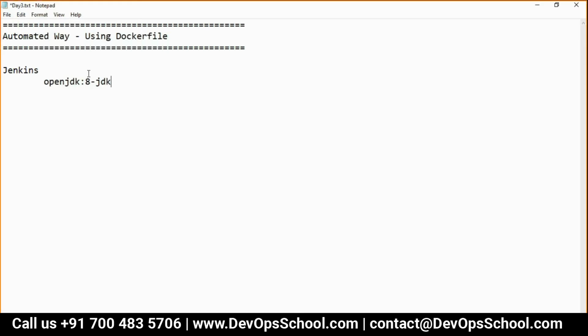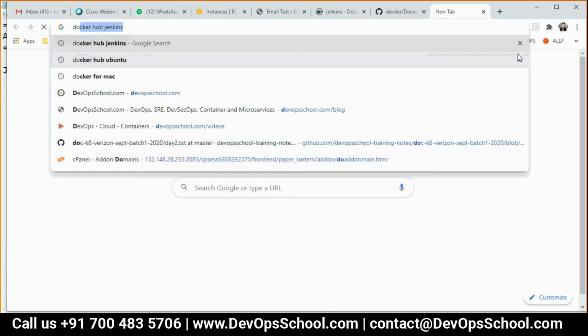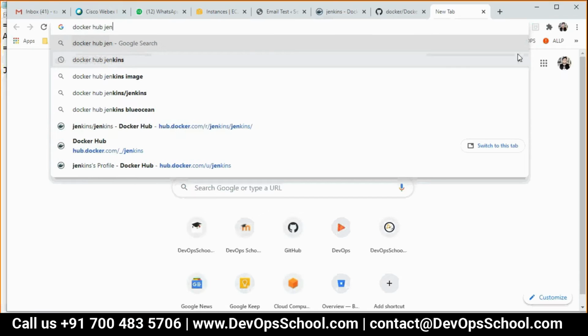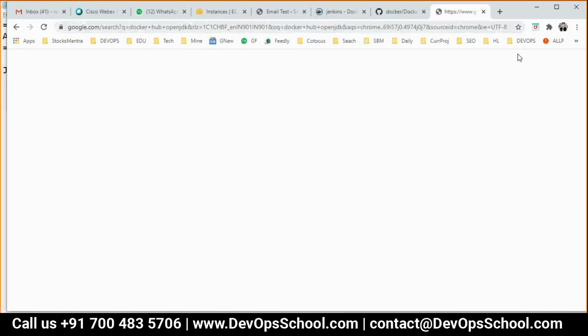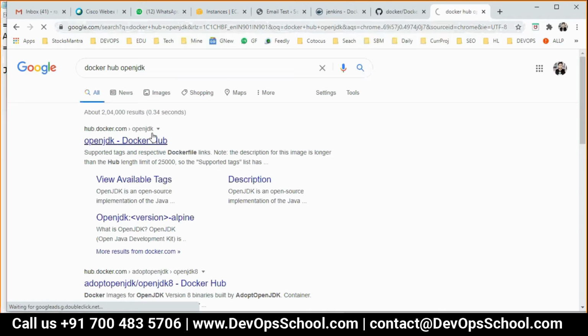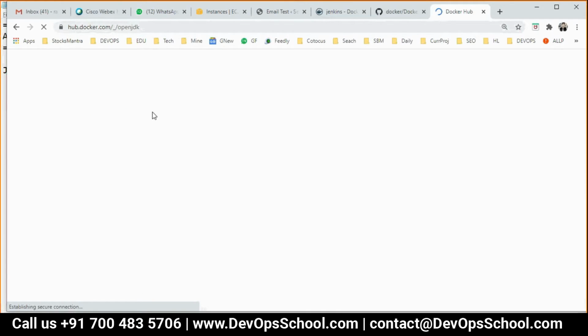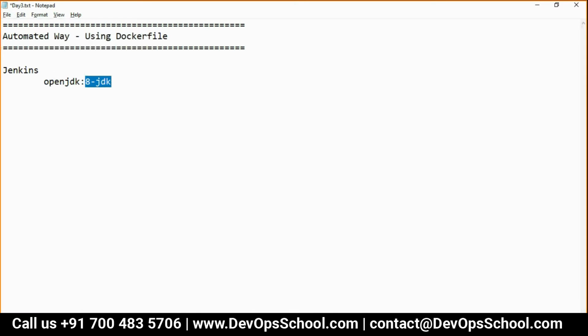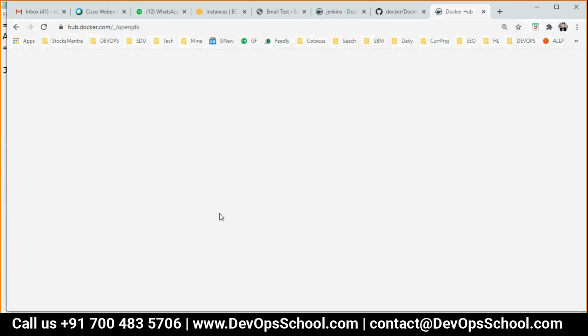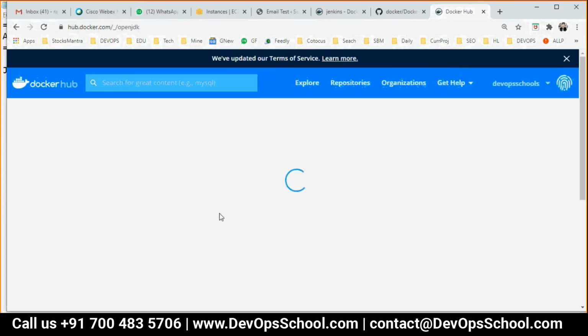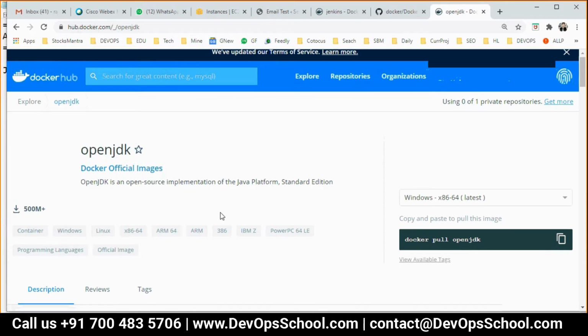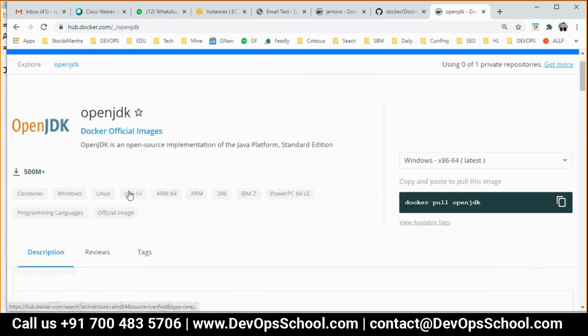Okay. So now the question is, I want to know what OpenJDK had. So let's find out. This is the OpenJDK image, tagged with 8-jdk. We are going to go to architecture 64-bit.